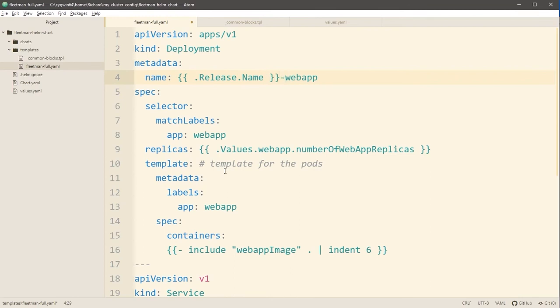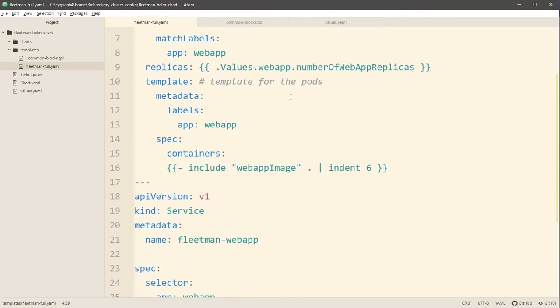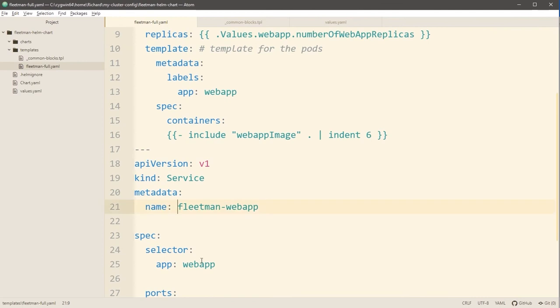We could put a dash in there to make things look tidy, and we could do exactly the same right here with the service, .Release.Name. You'll find that pretty much all charts that you download from Artifact Hub are going to follow this convention. It does give you quite a useful advantage.